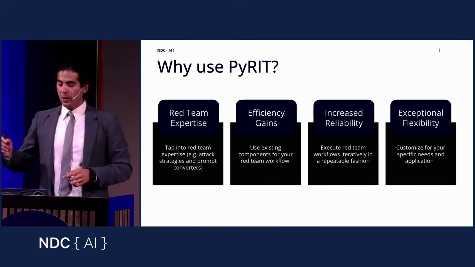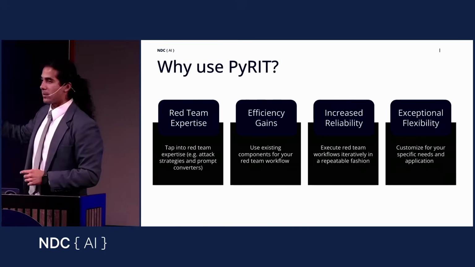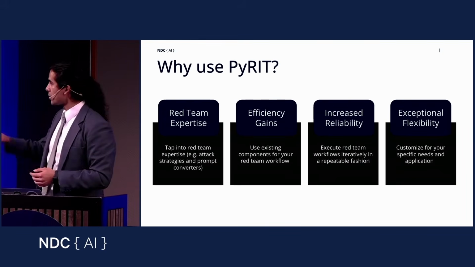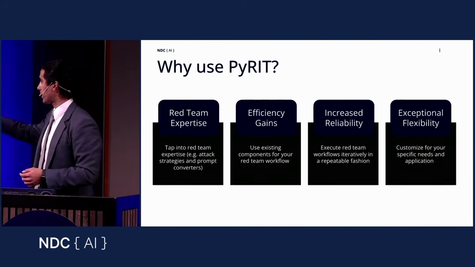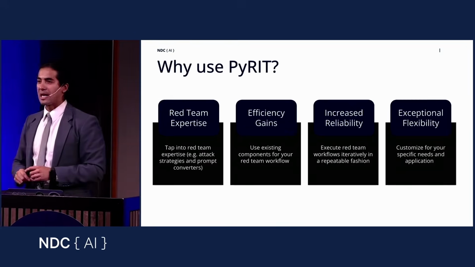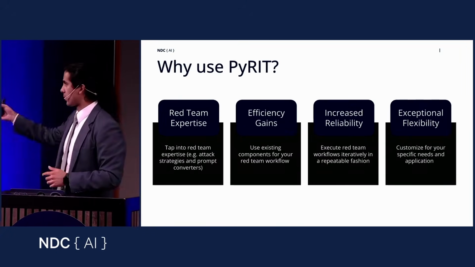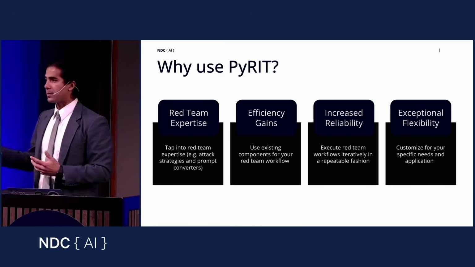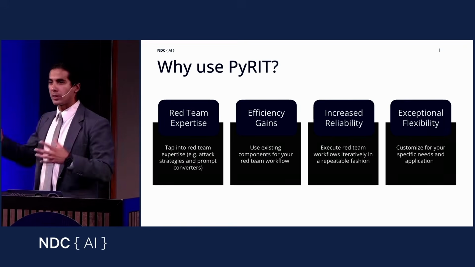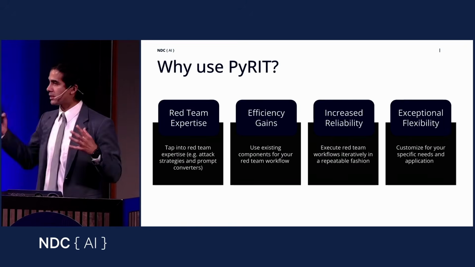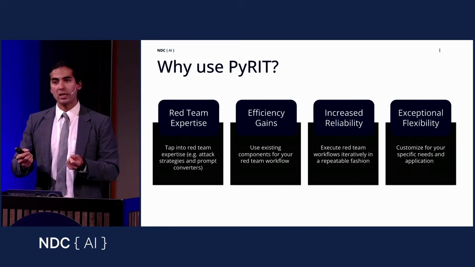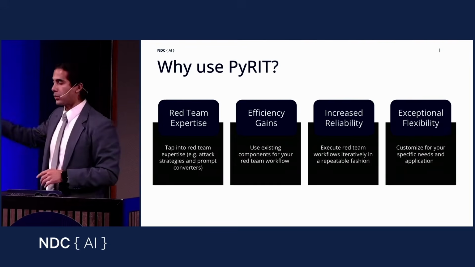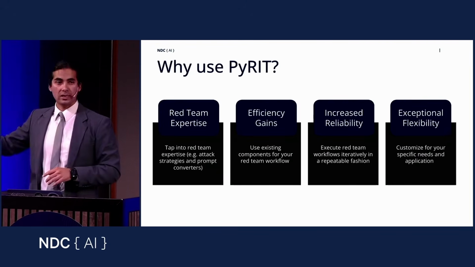I'm going to focus on PyRIT just a little bit, and why you would want to use something like PyRIT to help with your operations. There are four main pillars, or reasons why you may want to use the tool that we've open sourced. The first one is that in the AI red team at Microsoft, we've put in a lot of work to build this tool. As a result, a lot of the attacks that we've used, I had mentioned Crescendo, for example, are part of PyRIT. So if you tap into PyRIT, you could use something like Crescendo.